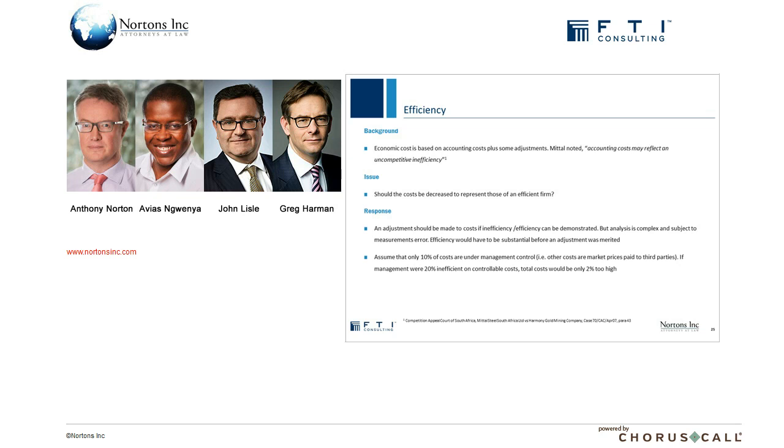Okay, just a couple more questions, points to go across. The first one is efficiency and inefficiency. And again, I think this comes back to one of your comments, Anthony, that Mittal said the accounting costs of the dominant company may reflect uncompetitive inefficiency. By extension, the accounting costs may be efficient. And effectively what Mittal says is that one still has to make adjustment for special advantages and the issue of efficiency. And I think, again, this is a question that says,